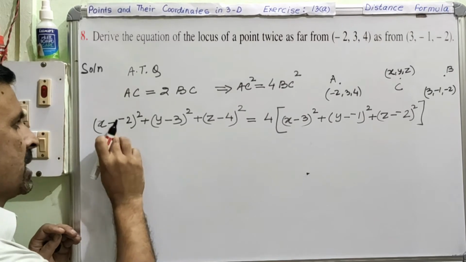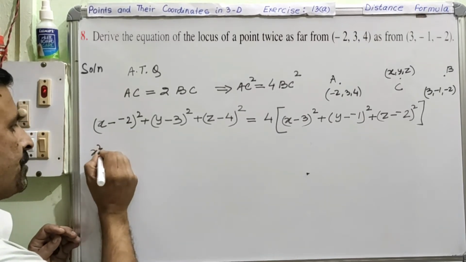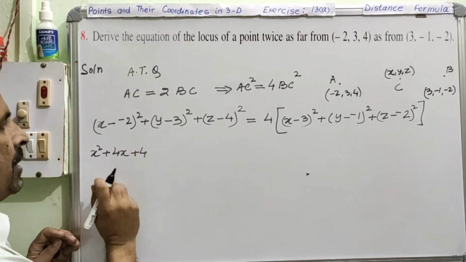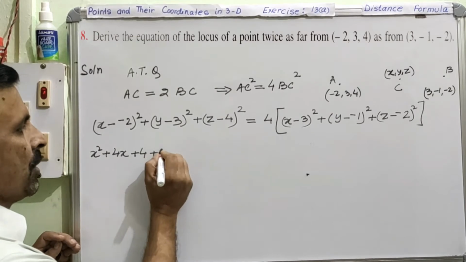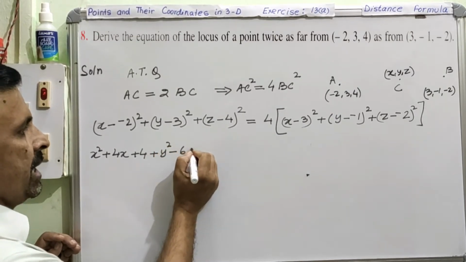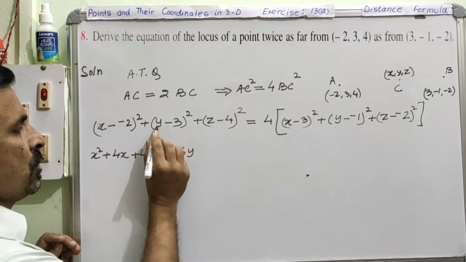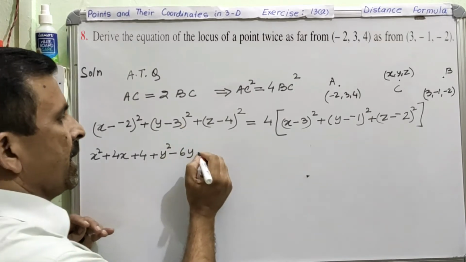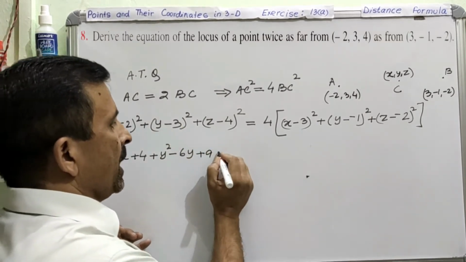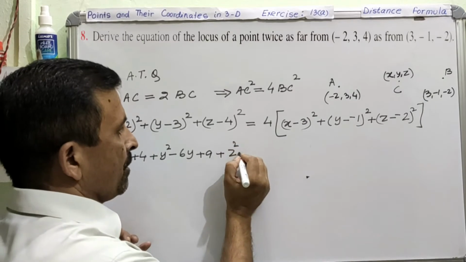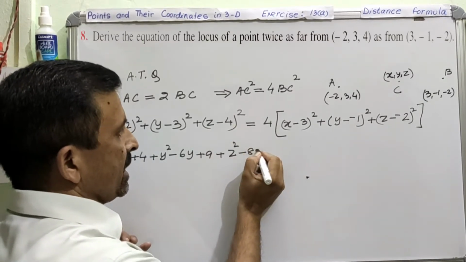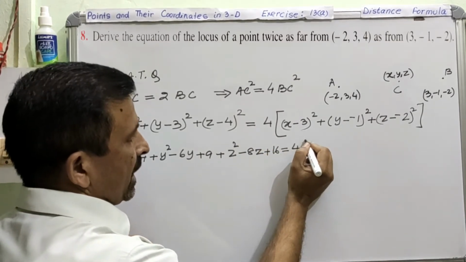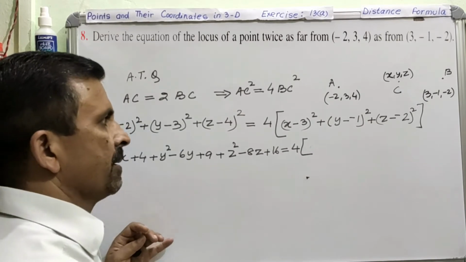This will become plus, so this is X plus 2. So X square plus 4X, right, and plus 4. Now for this a minus b whole square, Y square minus 6Y, because 2 into this, 2 into this, so 2 times 3 is 6, and then plus 9, the square of 3. Then this next one, Z square minus 2 into this, so 8Z, and plus the square of this, 16. Left hand side done. Right hand side, 4 as it is, and then first of all we'll simplify inside.